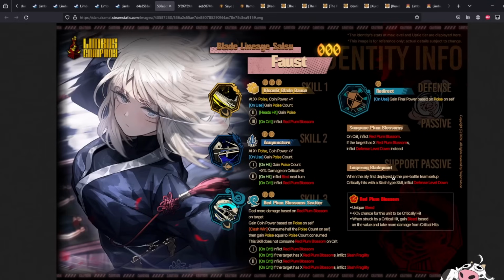Support passive is very cool because it's the first time we see this. When the ally is first deployed, this is the first time we see "first deployed" in the pre-battle setup. If you critically hit with that character, then that character inflicts defense level down. Could be very cool, this passive here. Really interesting. Right, and then we got Moonlit Blade Dance at X plus poise, coin power plus Y, and then